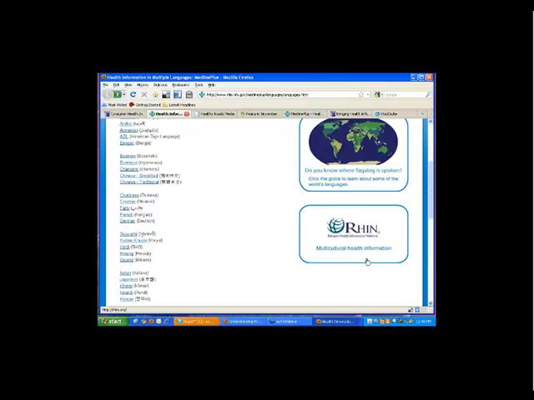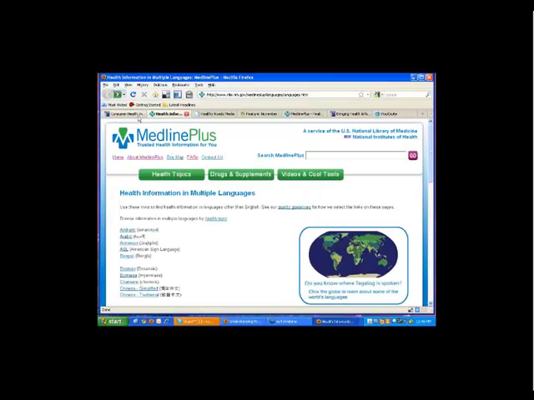And so things like the HIPAA information, vaccines, public health kinds of information will be on the RIN database. So that's a really wonderful tool to know about.